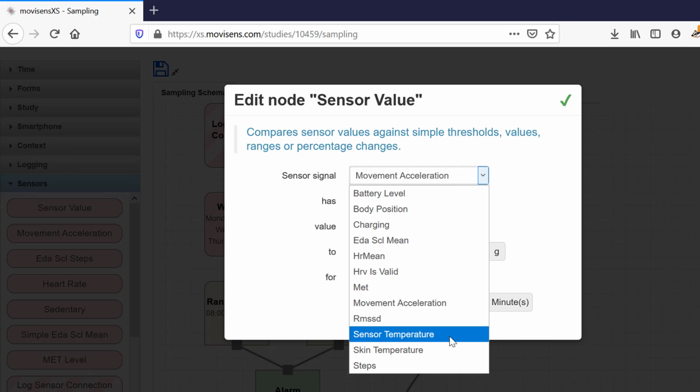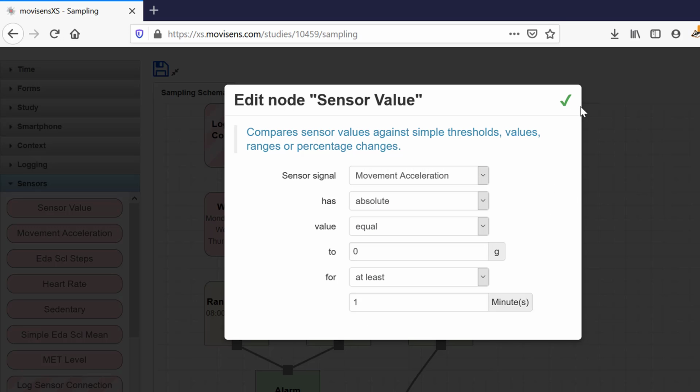Sensor temperature can be used with every sensor. However, skin temperature is something that comes from our specific model from the ECG infrared, where there's an infrared sensor on the back that actually is sampling the skin temperature, and you can work out an average of that over time. Steps can also be used with every sensor, but once again is a little position dependent. Actually, no, that's not true. It's quite good overall for the majority of positions that we recommend wearing the sensors.